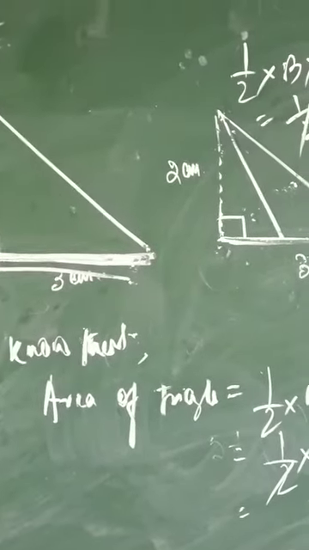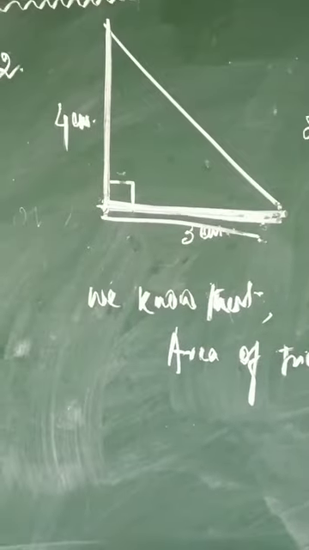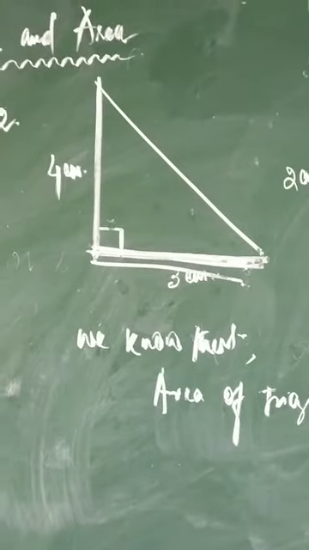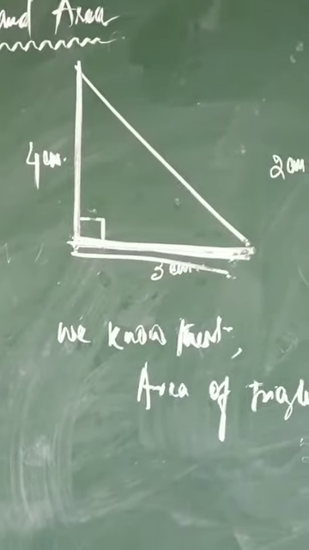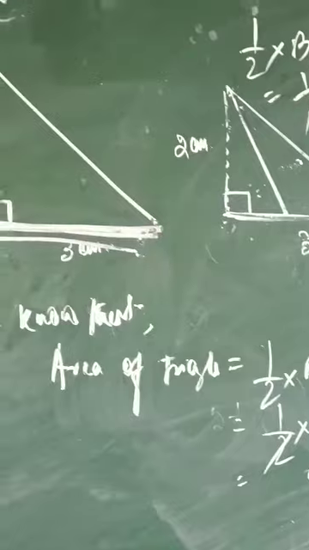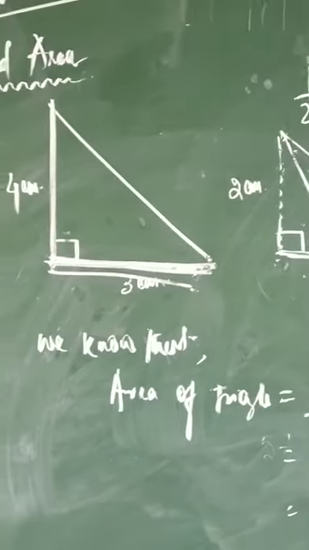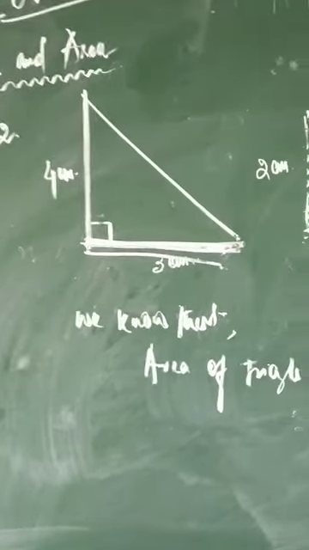So children, these questions will be a practice work. As of now, we have completed the first exercise of perimeter area, and this was question number 2 and 3. So I'll be expecting from everyone to try out the first exercise as well as these questions.